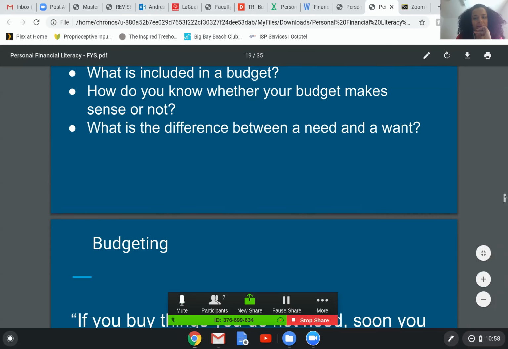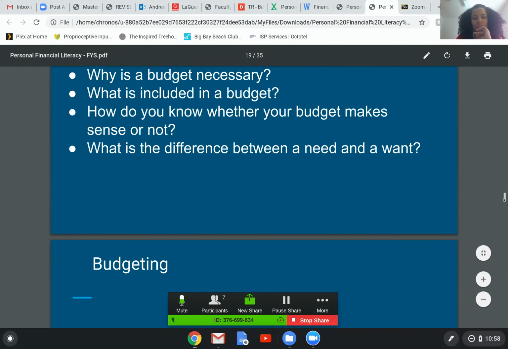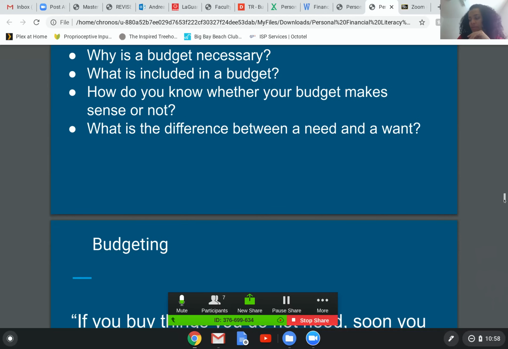And here's the last question. So what is the difference, anybody, between a need and a want? What's the difference between something you might need versus something you might want? I mean, a need is something you need to survive, like water, air, food, or security. And a want is something you just want to, like, look better, make yourself happy. Like, hey, I want this car, let me just go get that.